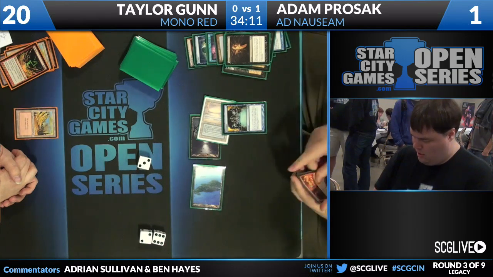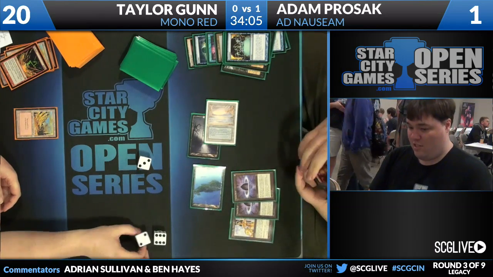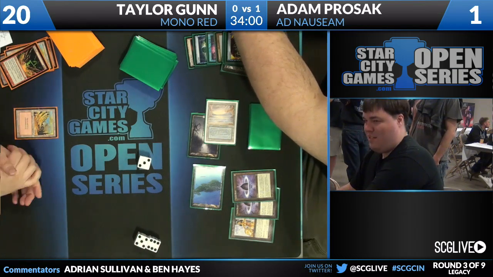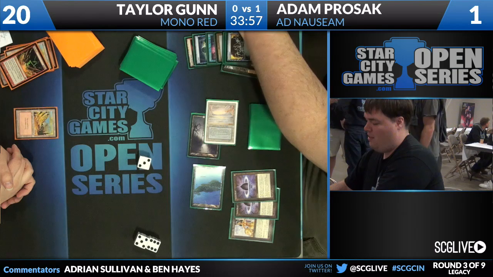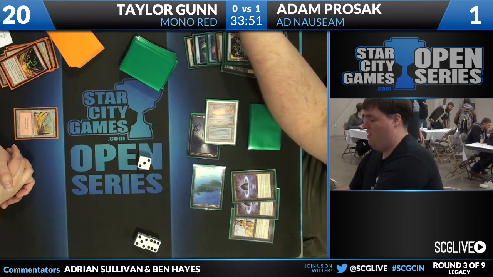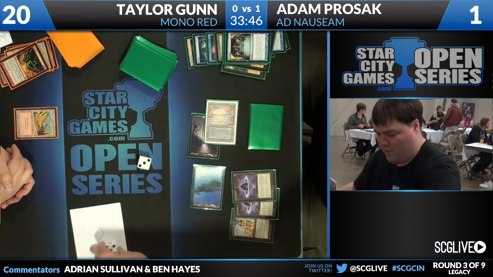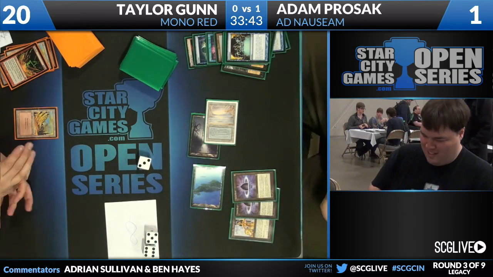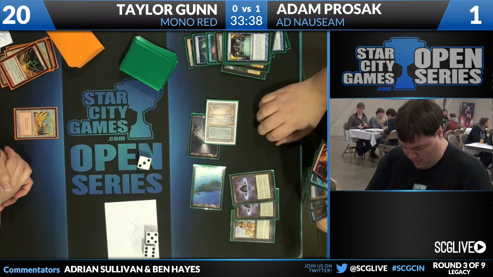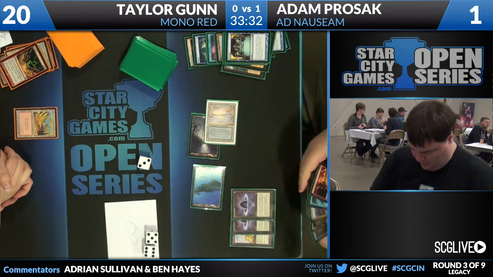I think Adam is in good shape. You see LED come down, Lion's Eye Diamond, and 2 Lotus Petals. Adam fiddling with something off camera. A bunch of spells left in hand. What looks like a Chain of Vapor, Past in Flames. I believe the storm count is 11, and Adam has 3 mana, so...